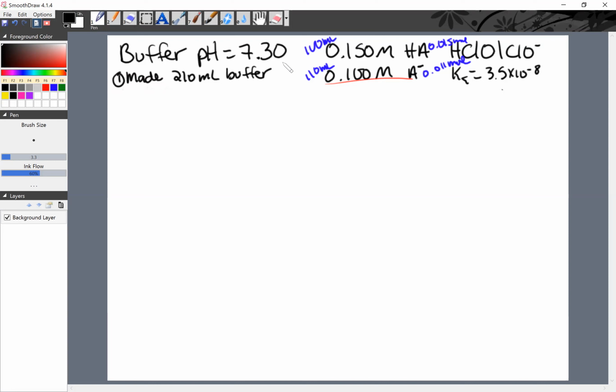Now the question is, do I want to use the whole thing or do I want to measure some out? Okay, now for this example, I'm going to use the whole thing. And then in the next example, I'm actually going to measure a specific number out. But for this one, I'm going to just use the whole thing. So here's my 210 milliliter buffer. So inside that 210 milliliter buffer,